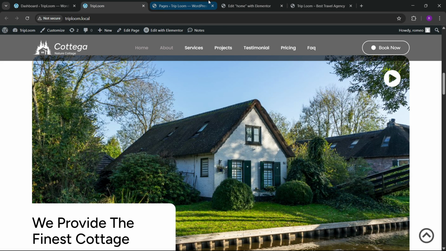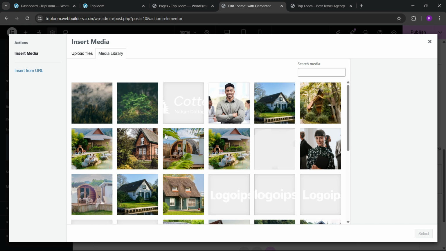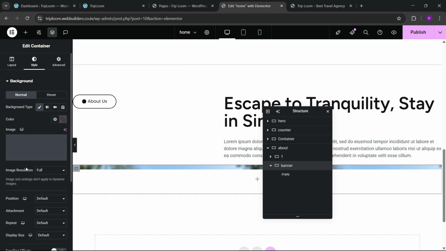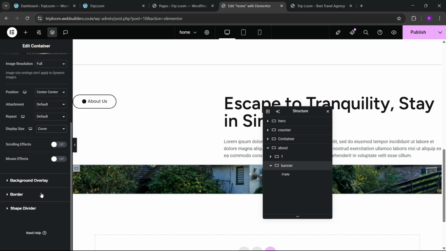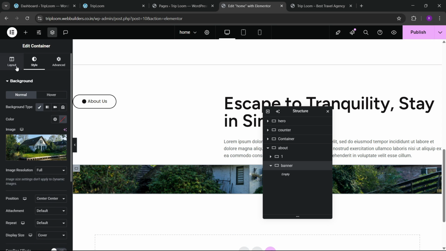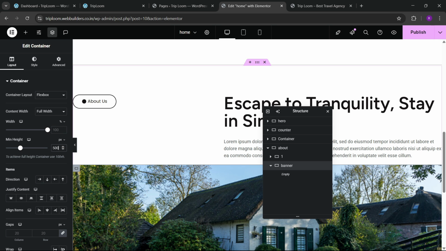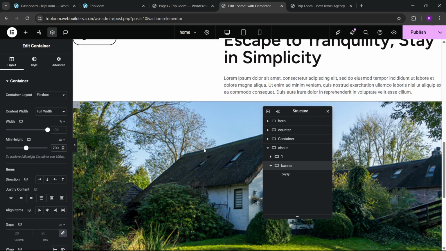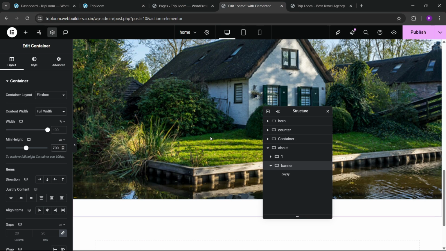So right now you can see that we have this image. So first we have to go to the container, and here we have to choose that image. So let's go to the media library, and here I think this is the image. Okay, so this is the image. Let's select this, make this center, and make this display as cover. Okay, now we can go to this, and here we can have some like 500 or 700. Okay, like this. Okay, 700 is looking good,